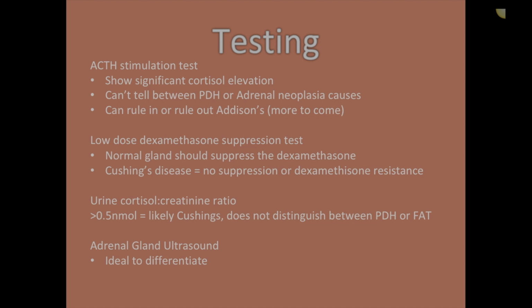It is, in the end, very important to differentiate between the two, the neoplasia versus the pituitary dependent, because if it's pituitary dependent, it's going to be receptive, it'll change with medications, so that will be really good. If it's neoplasia, then that's a different path that the owners have to take, and it has to be treated more as a neoplasia rather than primary Cushing's disease.